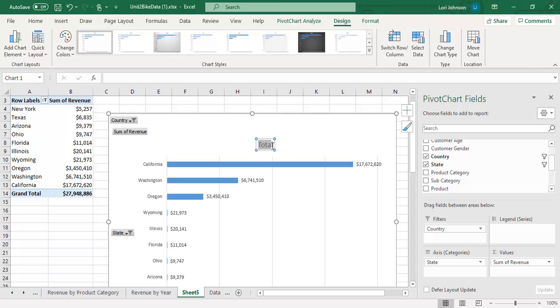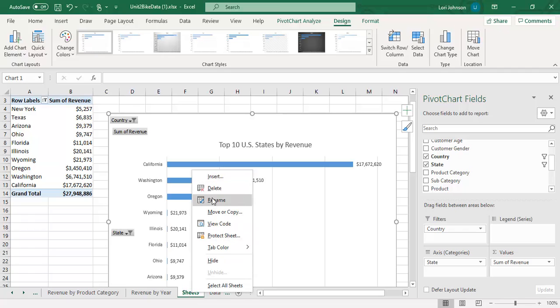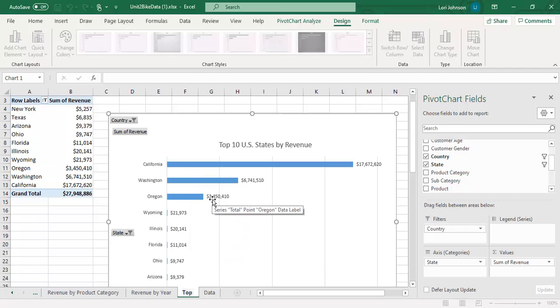And let's rename this top 10 U.S. states by revenue. Okay. And lastly, let's rename our